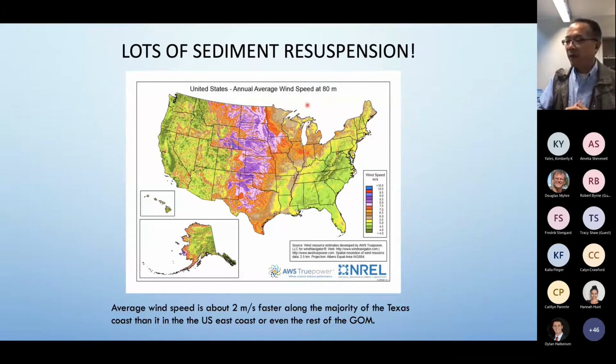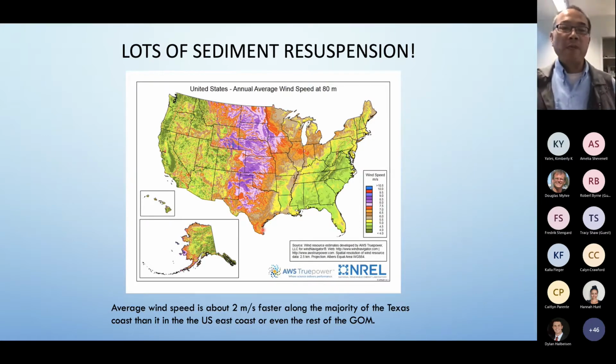The reason we think this is happening is because of this national wind field data. You can see the purple color represents the highest wind speed. The entire central part of the US, including parts of the Texas coast, has fairly high wind speed. And believe it or not, in Corpus Christi, we have an annual wind speed of 50 miles per hour. That's annual. So we have calmer days, but not so many compared to where you are in the eastern part of the Gulf.